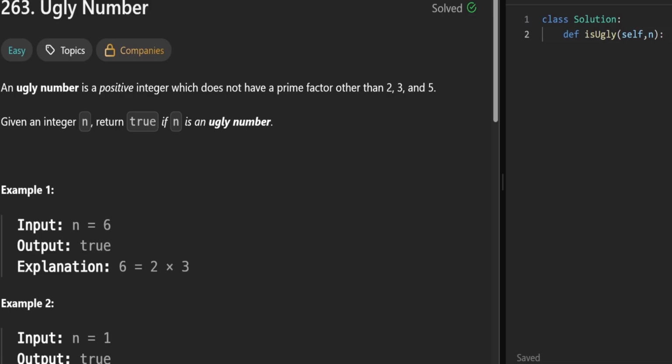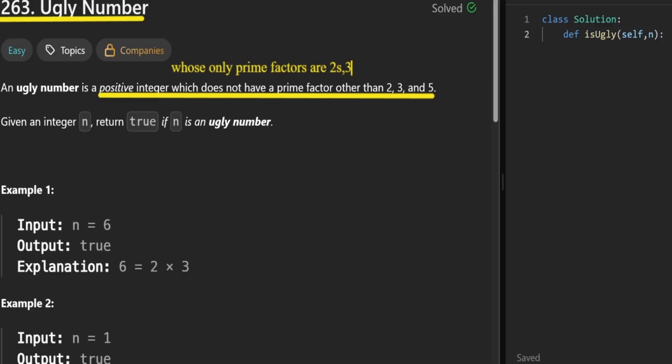Today we'll be tackling Leetcode 263, Ugly Number. Determine if n is an ugly number, a positive integer whose only prime factors are 2, 3, and 5. Mathematically, that means